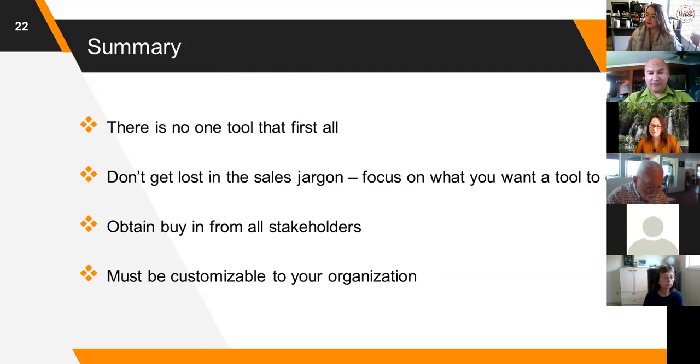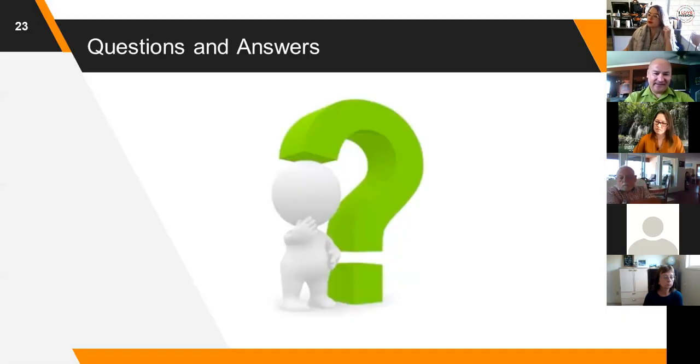I've had this before where we implemented a tool, and I had a lot of pressure from my sponsor, which was the VP. He said, we're going to implement this tool. Okay, so I went through all the processes. I got stakeholder engagement, we implemented it. But 3 months into it, I thought, oh, this is the wrong tool. And it's good to say, right, guys, this is the wrong tool. We need to go back to the drawing board and reapply. Okay. So now I'm open to any additional questions and answers from you guys.